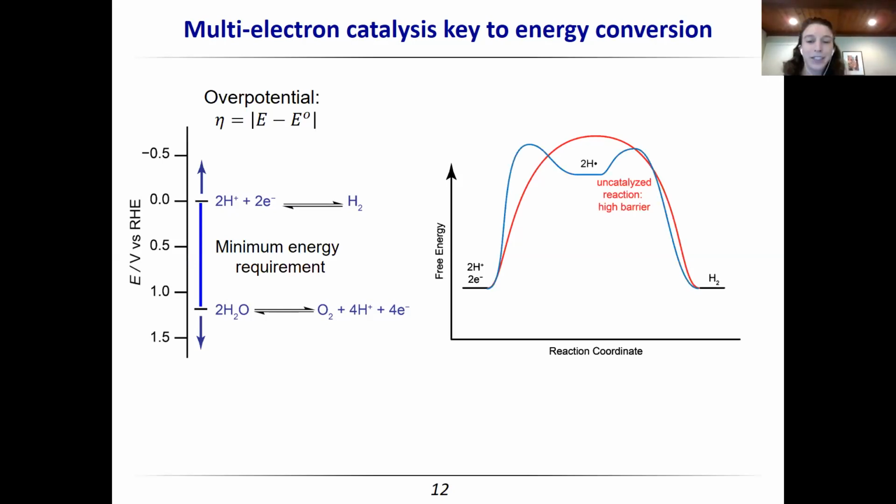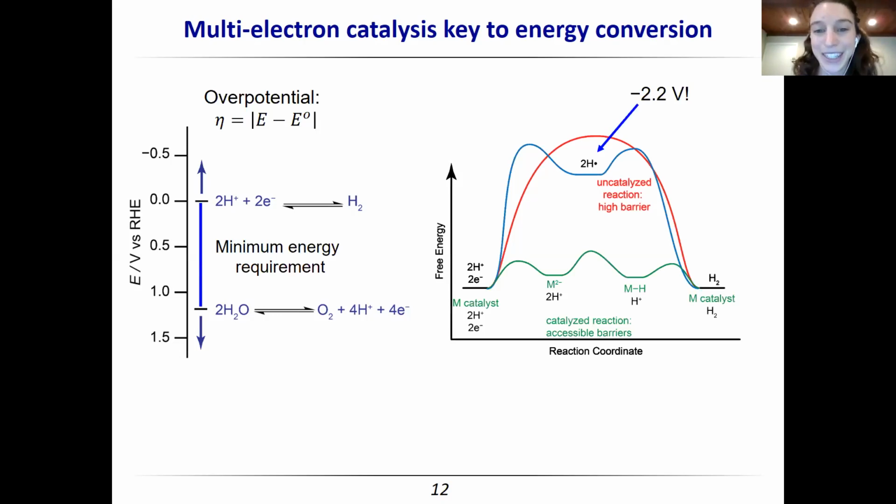Let's say, okay, we're not ridiculous. We don't want this quaternary reaction to happen. We just want a proton and electron to come together to make H atoms, and then two of these H atoms can combine. So the outer sphere potential, and this gets back to Kelly's question a little bit about which reactions are possible, inner sphere or outer sphere: if I were to do the 1 proton, 1 electron outer sphere reaction where the whole thing occurs in solution, I would need to go to minus 2.2 volts. The entire cell should be running close to 1.23 volts, so 2.2 volts of overpotential for a half reaction is going to be completely untenable. So we're going to rule that out as a possibility.